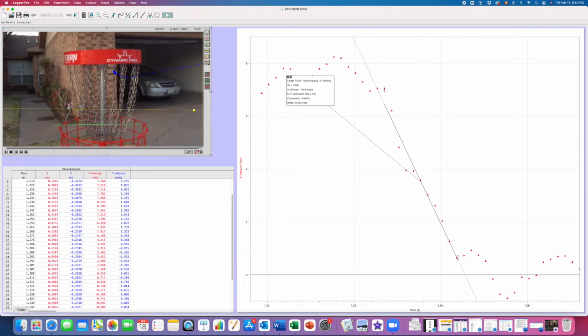All right, so a Dynamic Discs Veteran basket has fairly heavy chains. They're somewhat standard to the high quality baskets that are out there. But certain baskets have lighter chains, and you can imagine hitting baskets that have heavier chains. What does that change? So if I change the force, how is that going to affect that change in momentum? Well, let's look at it in its extremes. So at the extreme end, we might have